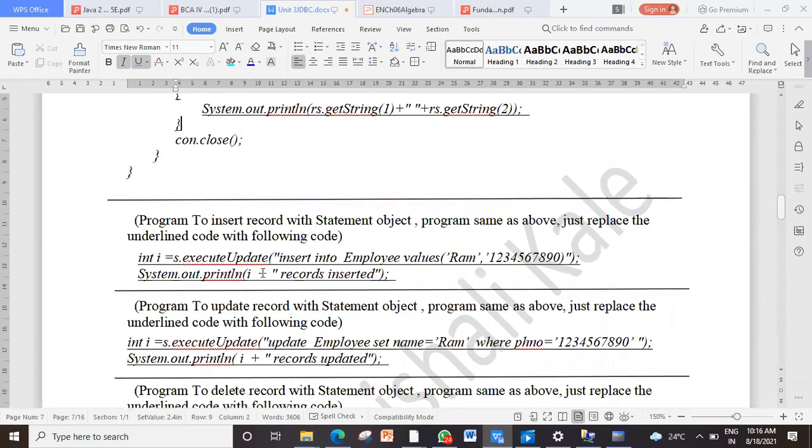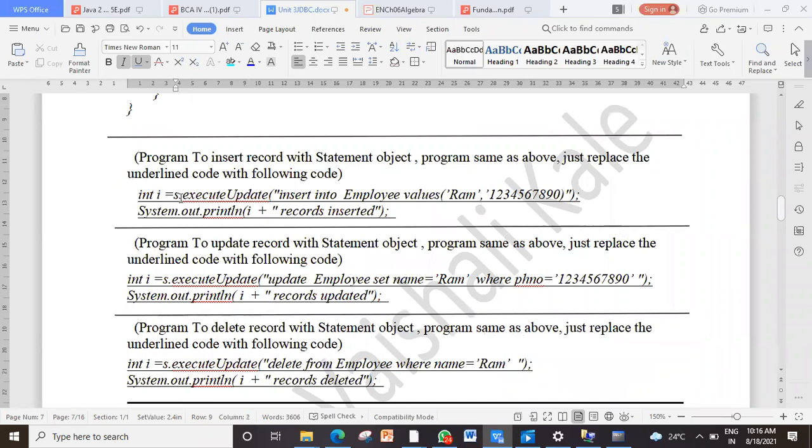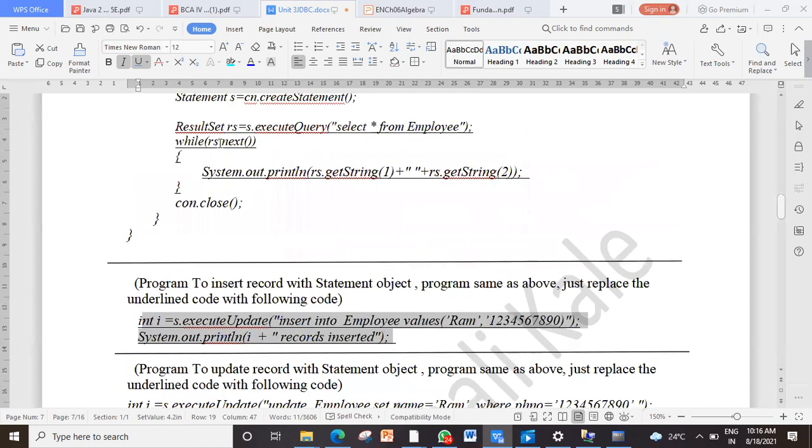Clear with this? Now, same program, if you have to work with an update statement or you want to add records from Java into the Oracle table, you can do that. Only this line will be changed. I have not taken that program.